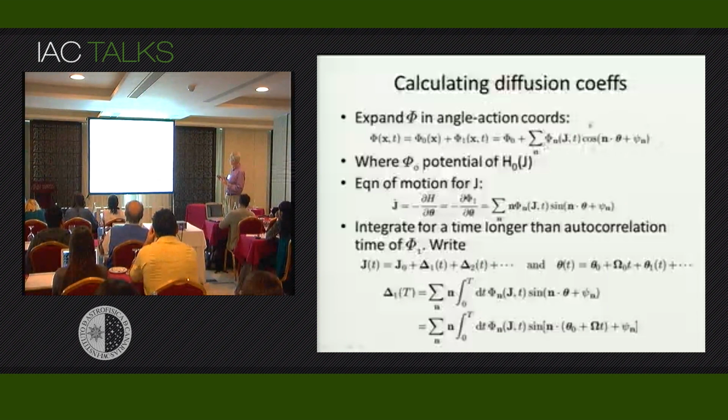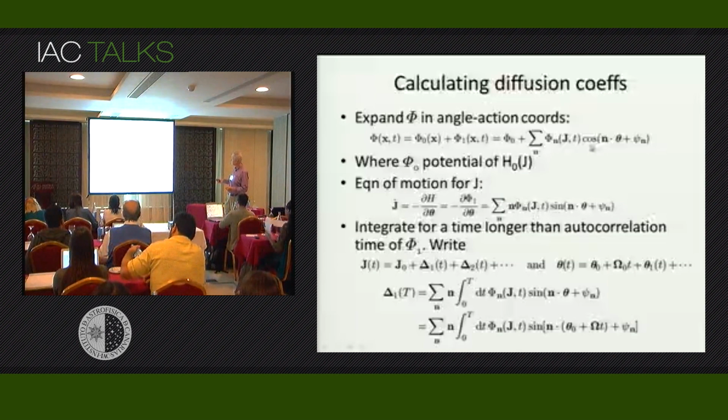And here is phi1 expanded as a Fourier series in the angle variables, because every function on phase space can be written as a function of the angles and the actions, and in terms of the angles it will be a periodic function, because if you increase any angle by 2 pi, you come back to the same physical point in phase space. So we are always able to have this Fourier expansion, and here are some arbitrary phases that enable me to write this in terms of cosines only.